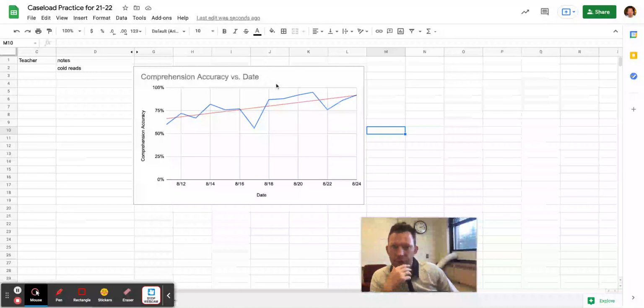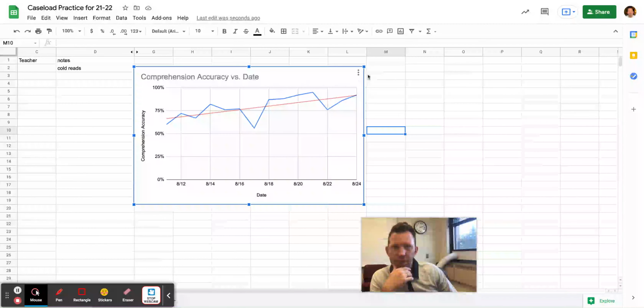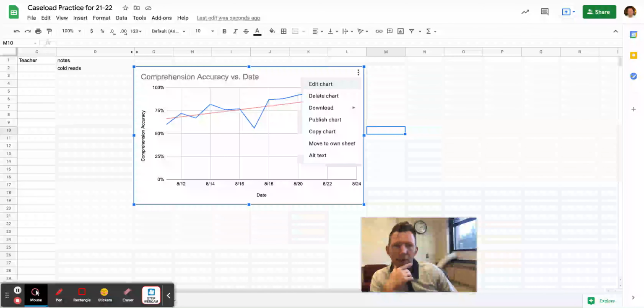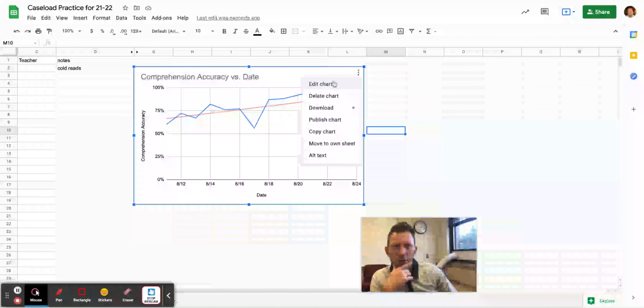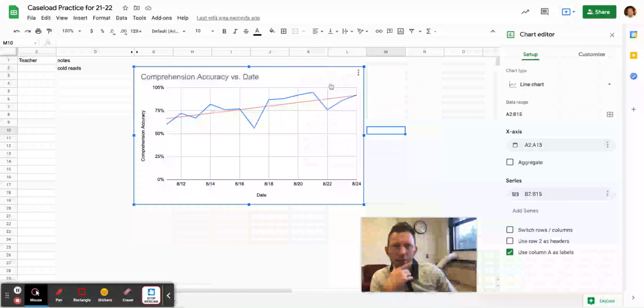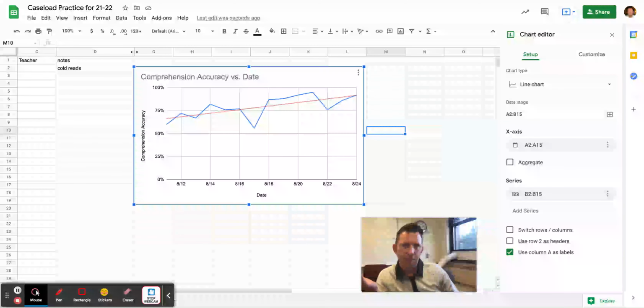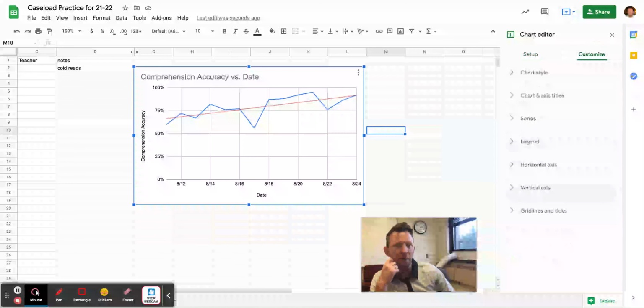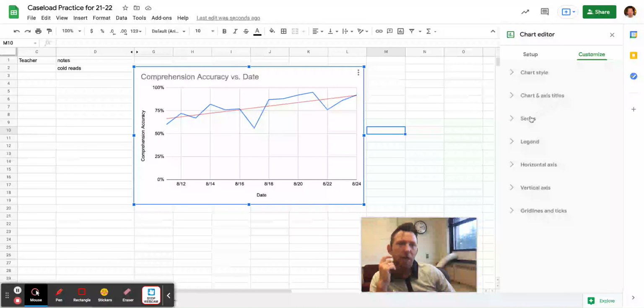I think the easiest way is I'm going to click on the graph, and this is my options. Okay, and then I'm going to edit the chart. All right, and it just brings me back to this chart editor. You may have seen it before, but it's actually right next to the trend line piece. So if you can find the trend line, you can do this at the same time. So I go to customize, come down to series,